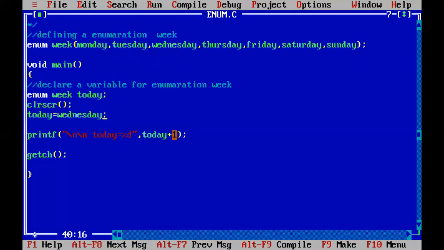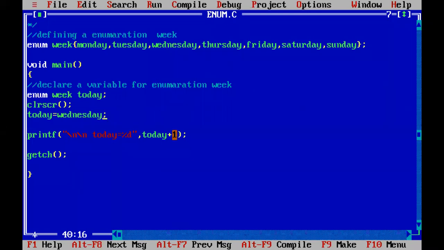So when you remember the days with the integral constant, and if those integer numbers are given one name, you can easily understand. That means 0 means Monday, 1 means Tuesday, and 2 means Wednesday. Like this, when the weekdays are represented with integer numbers, it is very easy to understand in the program. So now you see today plus 1, that means today value is Wednesday. It is starting with 0: it is 0, it is 1, and it is 2. 2 plus 1, 3. See, it is the third day, isn't it? First day is Monday, second day is Tuesday, third day is Wednesday.